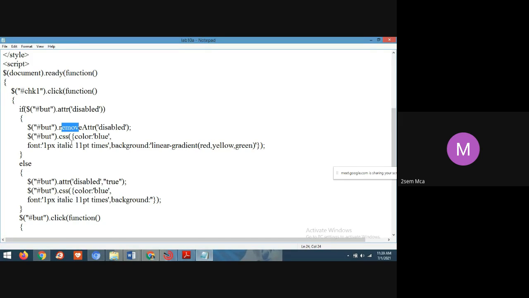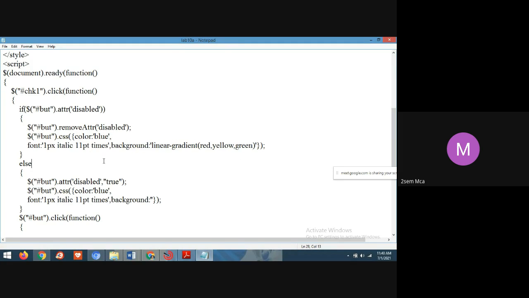Yes, Darshan, the same thing you have written now? Tell me. See, when you disable, then these properties should be removed, no? Whatever properties you have defined should be removed, no?